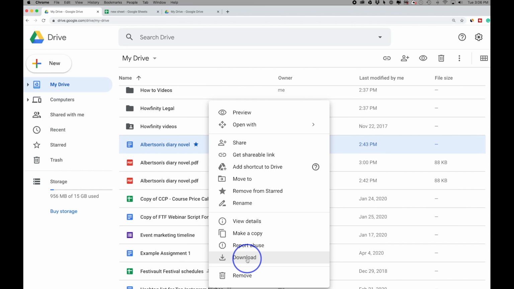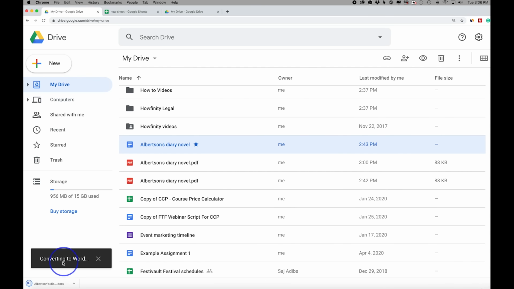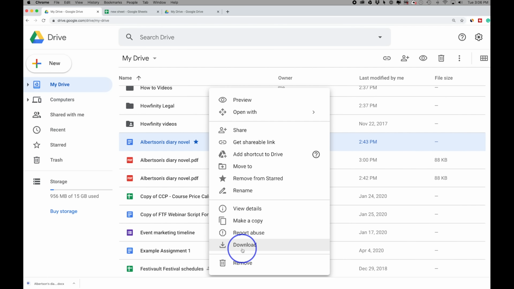So it doesn't have to be on the cloud only. You could press download and it will download it to your computer. In this case, it converted it to Microsoft Word, so I could go ahead and open it on my computer. So that's the download option, and you could always remove it, and that will move it into the trash can. And inside of the trash can, you could go ahead and restore it if you made a mistake when you pressed remove over here. And you can make a copy if you don't want to work on the original